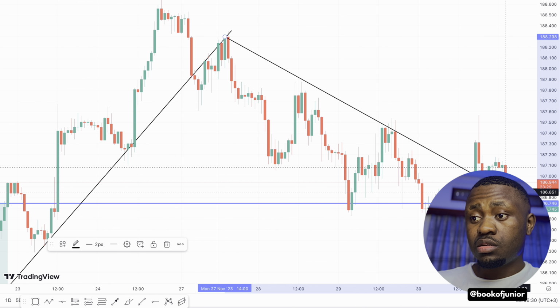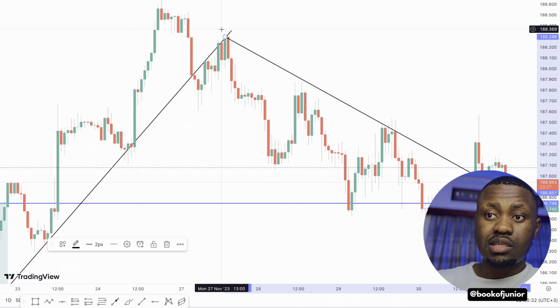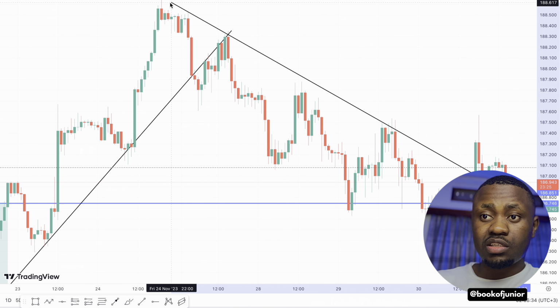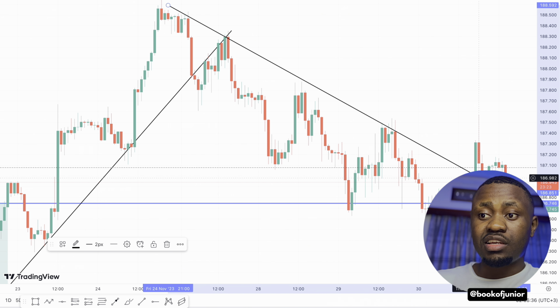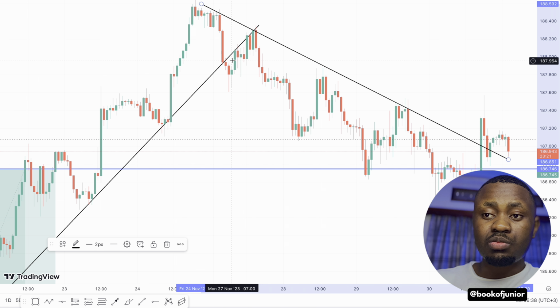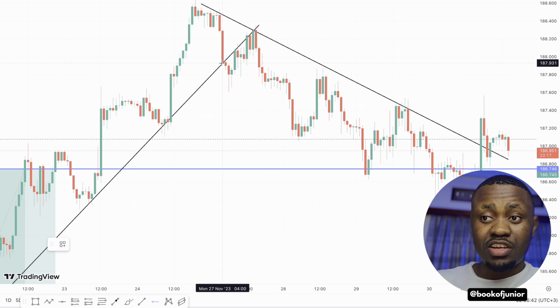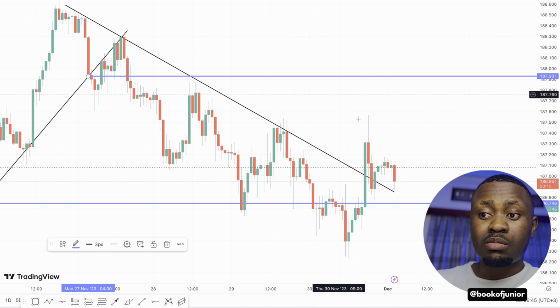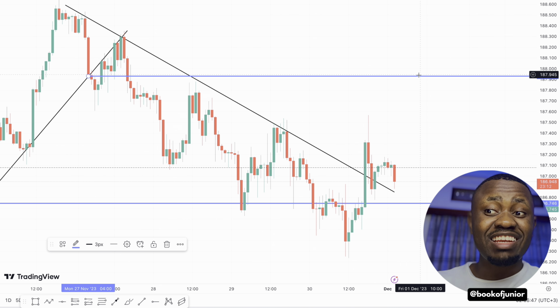Look at that, guys. Price breaks the trend line. You see that? Price breaks the trend line right there. Now, where did price break out here? Price broke out at this zone right here. So I'm going to be looking for a possible buy to this line right here, because